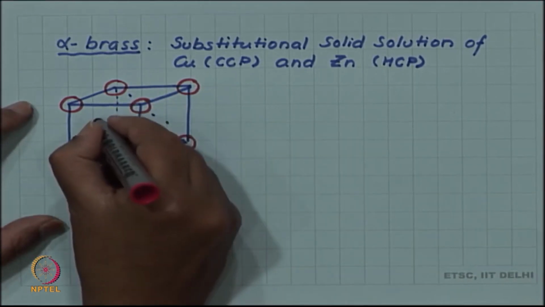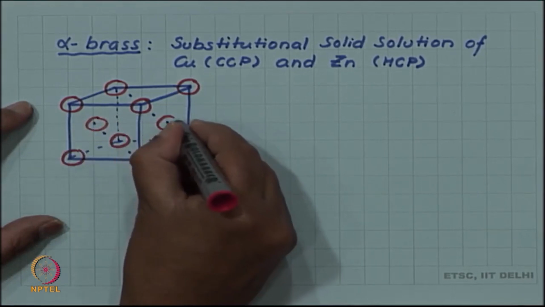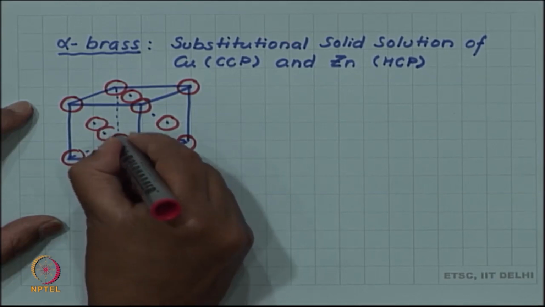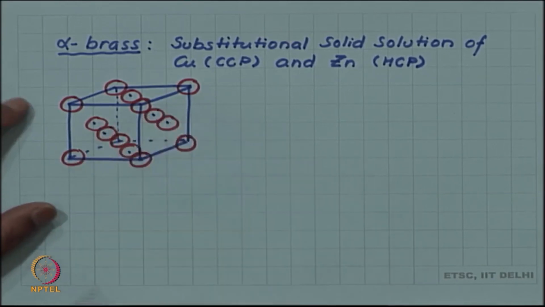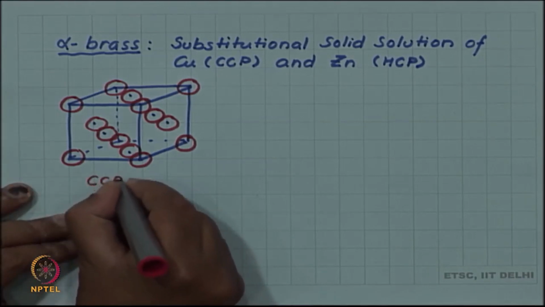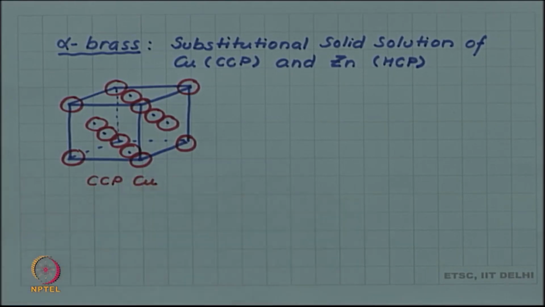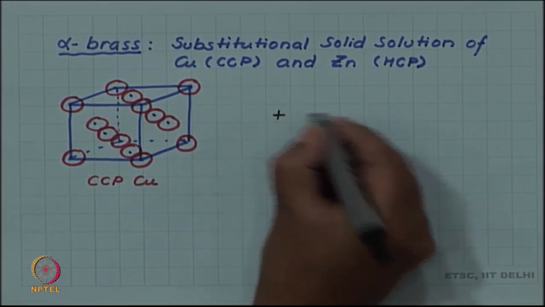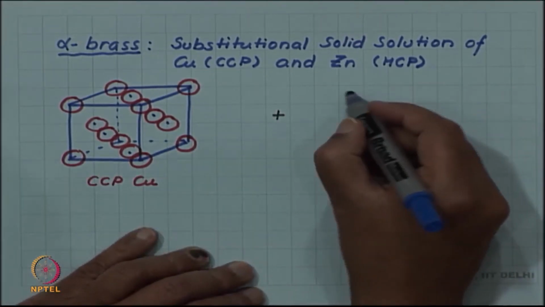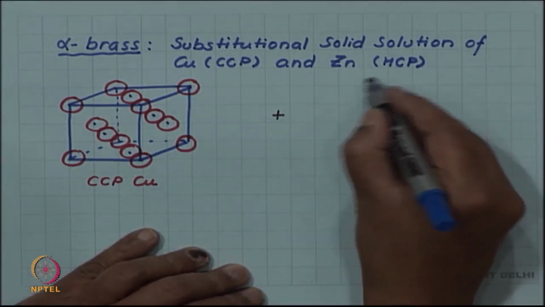So, all the 8 corners, left face, right face, top face, bottom face, front face, and the back face. So, this gives us CCP copper. Zinc, and we are adding this to zinc, zinc has